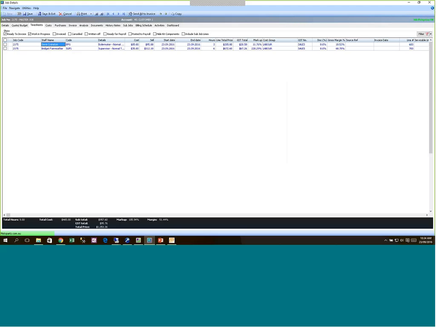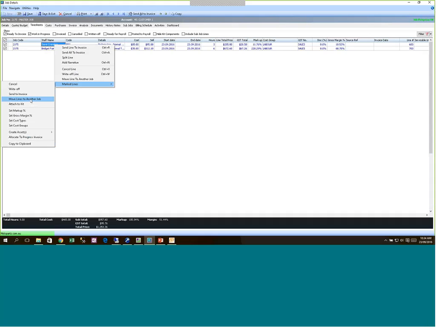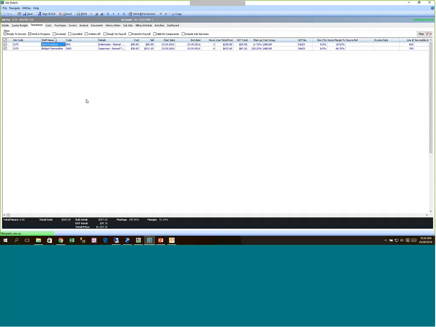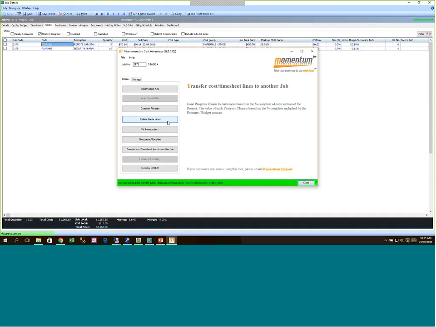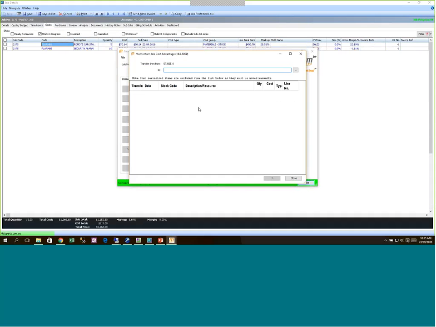When we first developed Job Cost Advantage, it wasn't possible to do that for multiple lines at the same time. So you would want to be able to tick the lines, mark lines, move to another job. That is now a standard feature in EXO, so our feature is less valuable. But what you can't do in standard EXO is select timesheets and costs at the same time and move them all, whereas